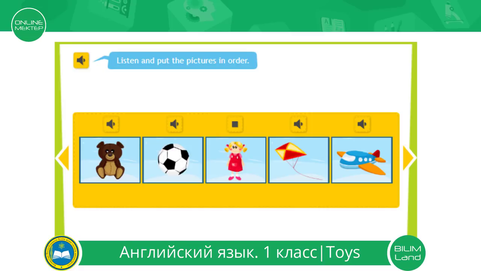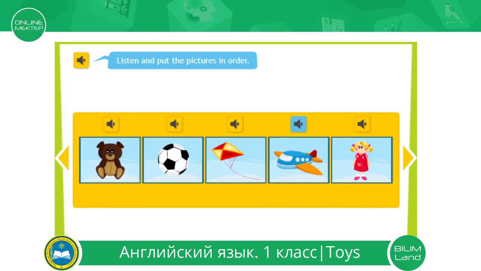Next. What's your favourite toy? My favourite toy is my kite. Can you see a kite? Is this a kite? No. Here's the kite. Next. What's your favourite toy? My favourite toy is my doll. Well done. And the last one is, what's your favourite toy? My favourite toy is my plane. So let's revise. Teddy,